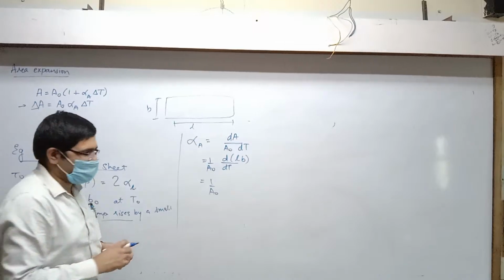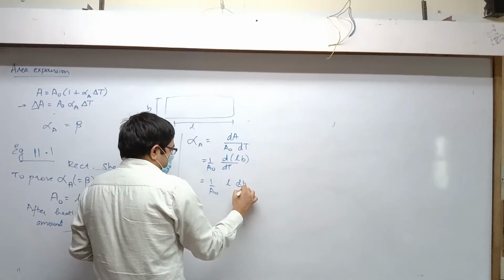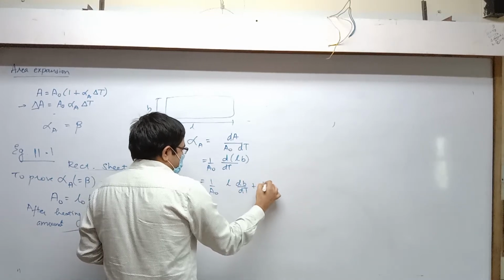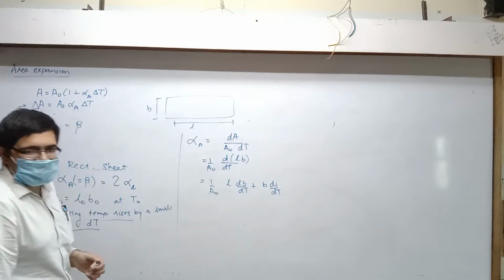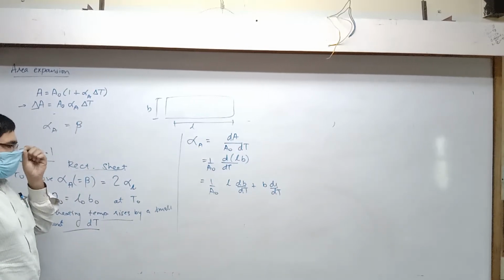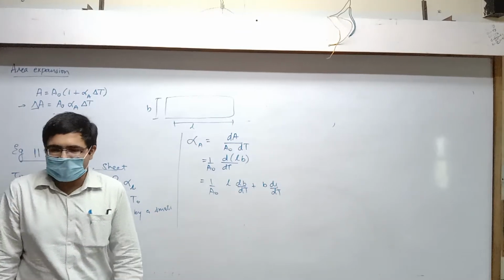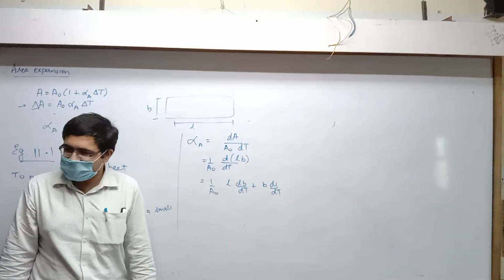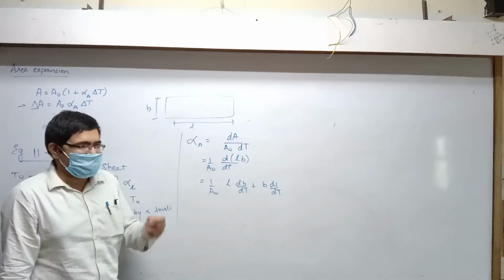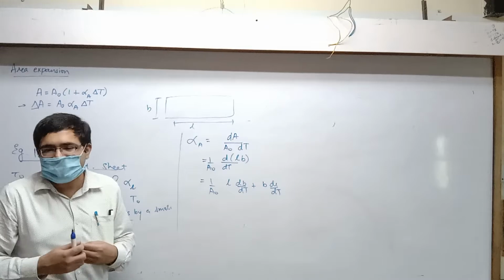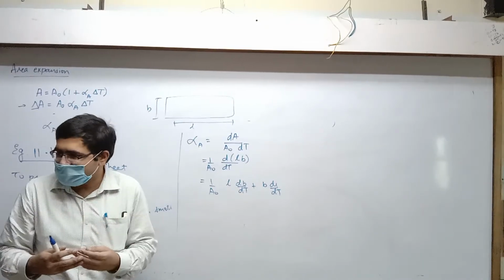So what's the product rule? It will give us L dB by dt plus B dL by dt. Okay? Yes or no? Right? But once you take something outside of the differentiation, then you can put its value, isn't it? Yes or no? Or not clear? Yeah, you cannot put value before doing differentiation. Otherwise you get 0, because when you put the value, things become constant.